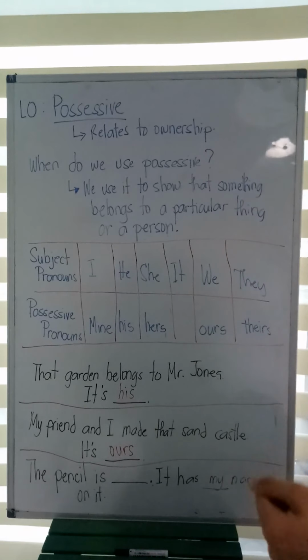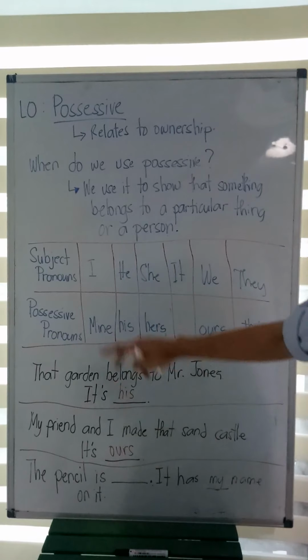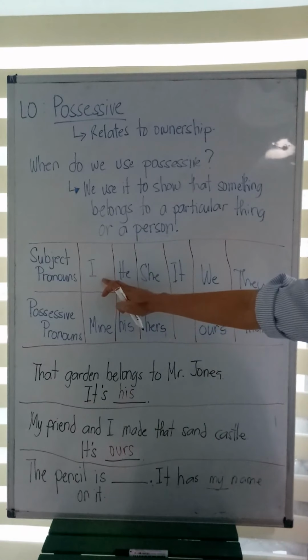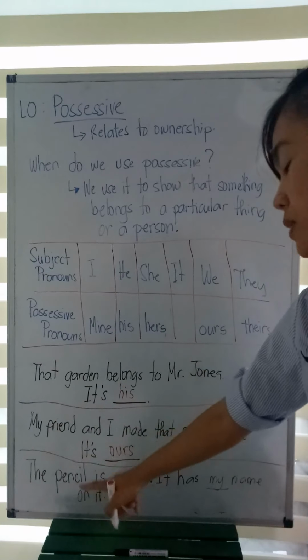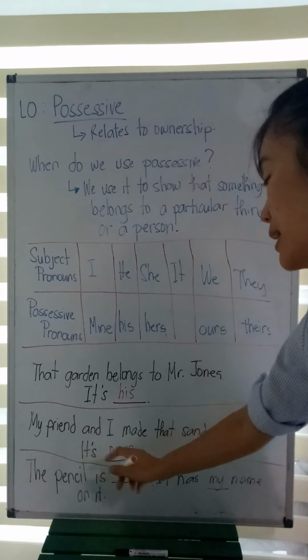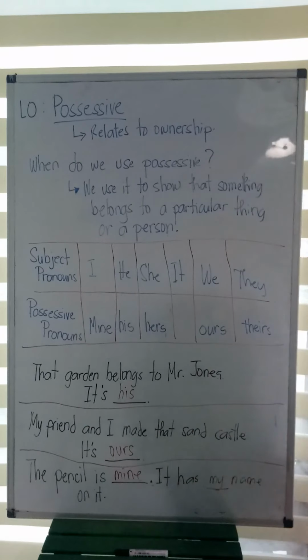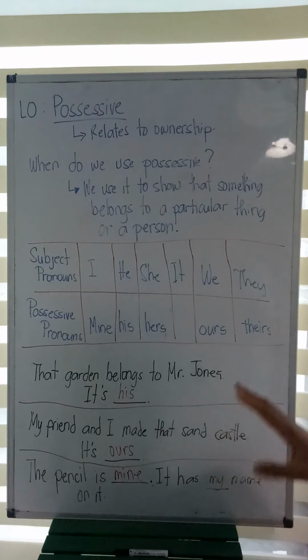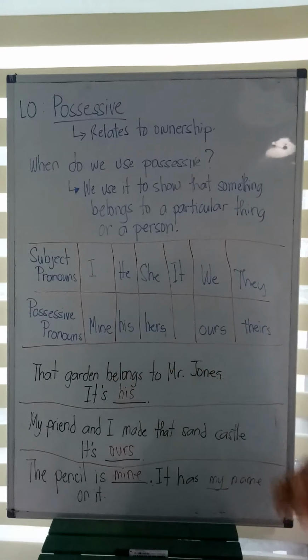We're going to talk about it later. But my falls under the subject pronoun I. So since we are going to use subject pronoun I, the equivalent possessive pronoun is mine. So the answer will be: the pencil is mine. It has my name on it. So that's how you're going to answer your activity. You copy the sentence, not just the answer. Please copy the sentence and write the correct